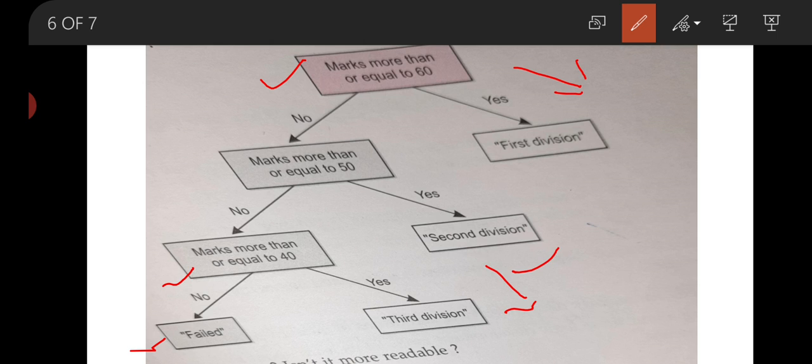Now we will make the program for this decision tree. Then it will be clear how the flow of a decision tree works, how we can design a decision tree and how to write the code for it. Now I hope you have a clear understanding of pseudocode and decision tree. In our next lecture, we are going to study conditional statements.